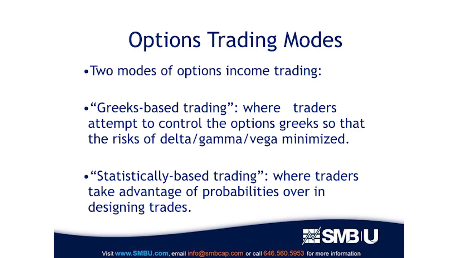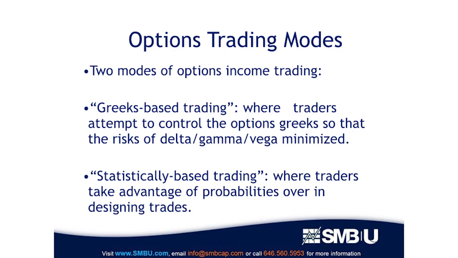Basically, the way I see it, there are two types of options income traders. Those who try to control their options Greeks, in other words, delta, vega, and gamma, so that theta, time decay, can be the most significant Greek, and the other Greeks, which constitute the risk of options income trades, are minimized. Those are what I call Greeks-based trading strategies, where you adjust them and set them up initially to minimize